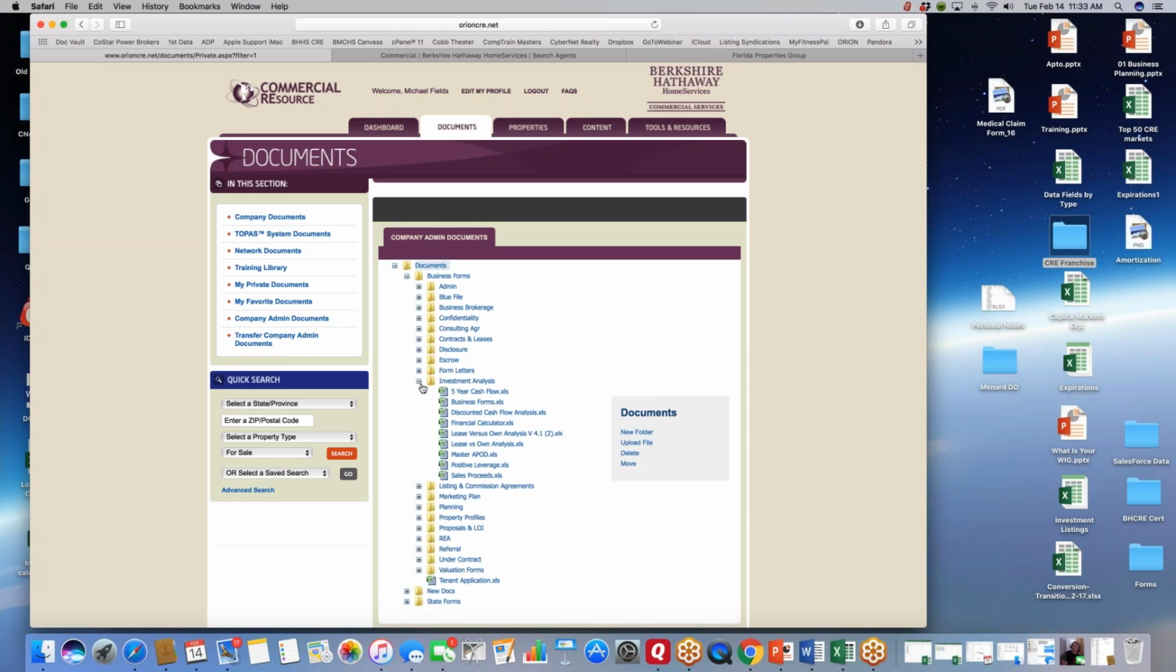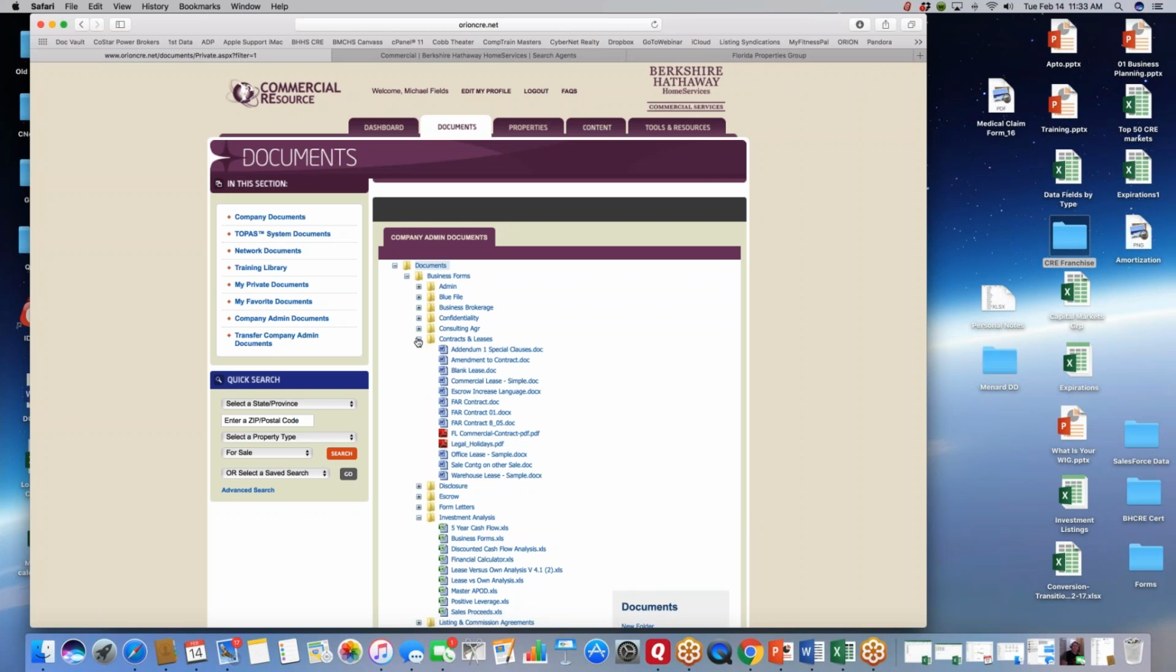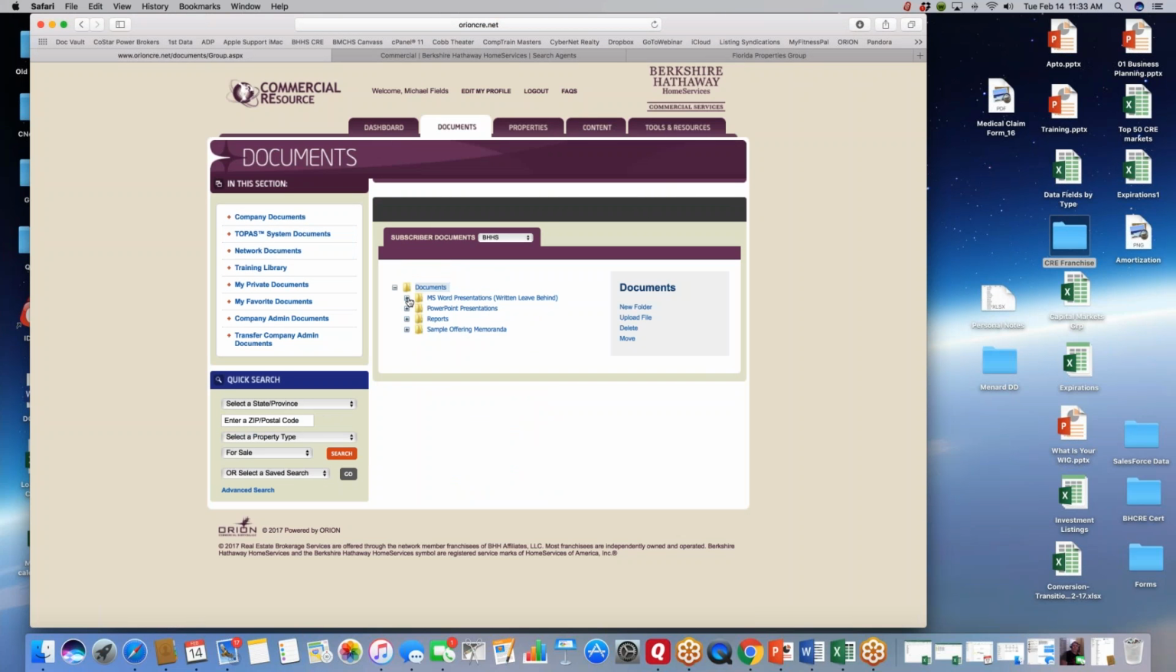All the investment analysis forms, all the planning and the marketing plan stuff. The things you'd have to look at would be the contracts and leases, because these are written for Florida law. They're basically our forms that we use here in the Tampa Bay area. But very easy stuff. The Topaz system, this is